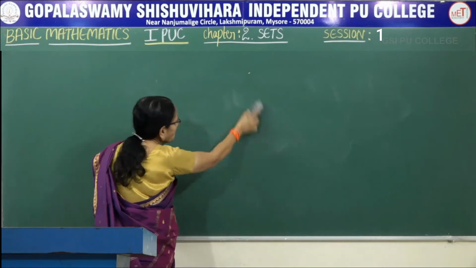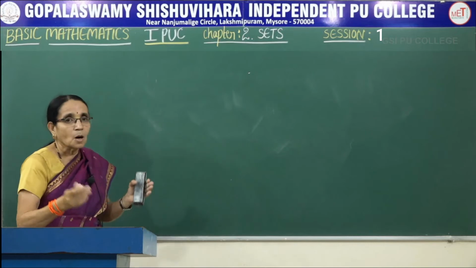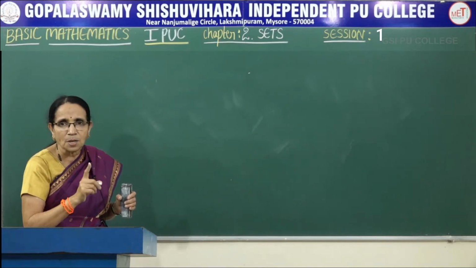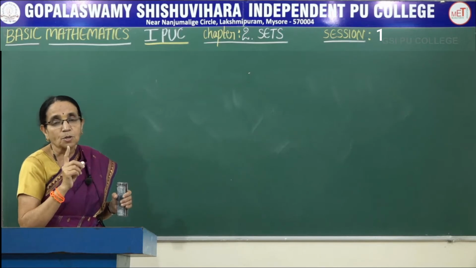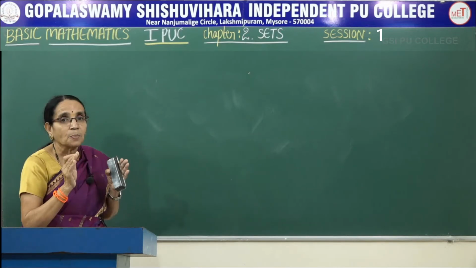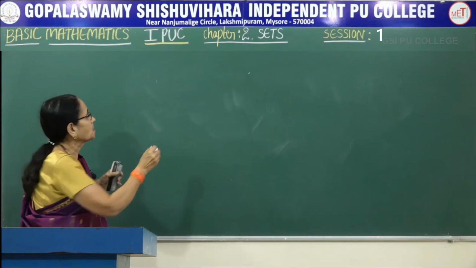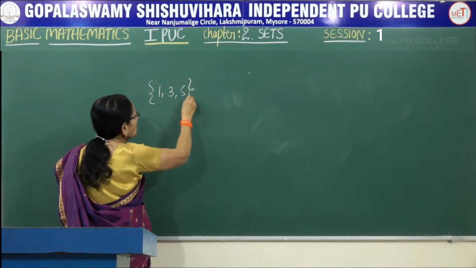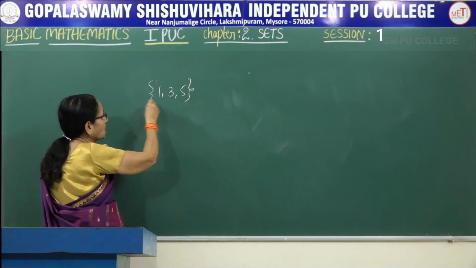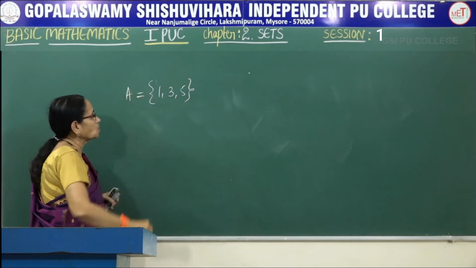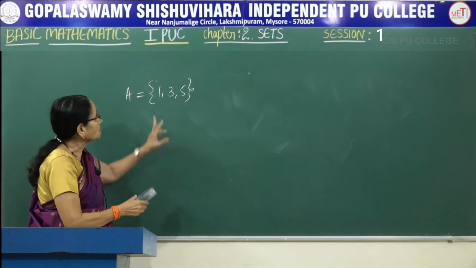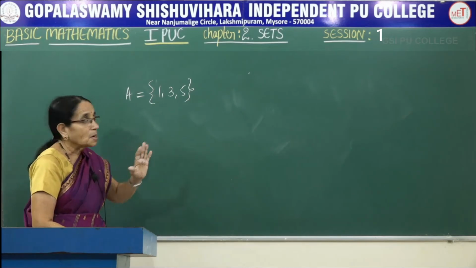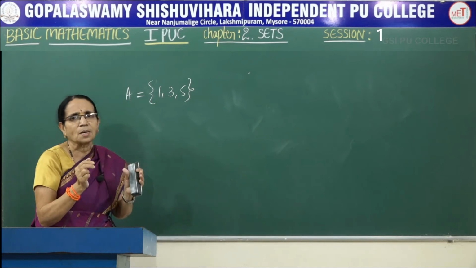Now next thing is, this is only notation. How to write them? These elements or members or objects of a set should always be enclosed in a pair of flower brackets, like this. The set containing the numbers 1, 3, 5. Flower bracket means we write like this. So, set A is equal to {1, 3, 5}. Here, order is not important because it is only a collection. It's only a collection means we just write them together.